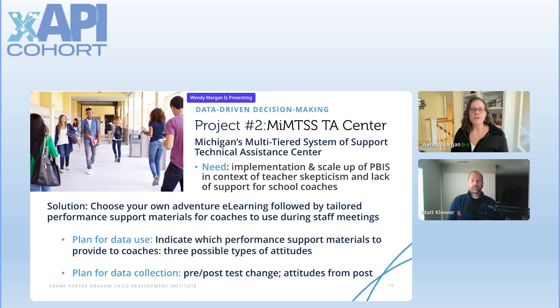And what we chose to do was to design a choose-your-own-adventure e-learning experience where school staff could really try out not implementing PBIS, implementing some aspects of PBIS, implementing the whole program of PBIS, and different ways to do that, while getting to see what the outcomes would be and what the student experience was of that.